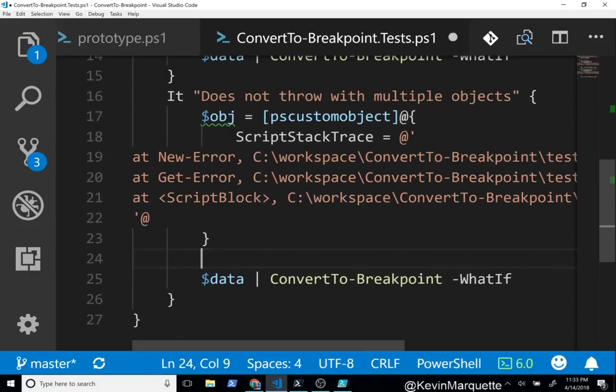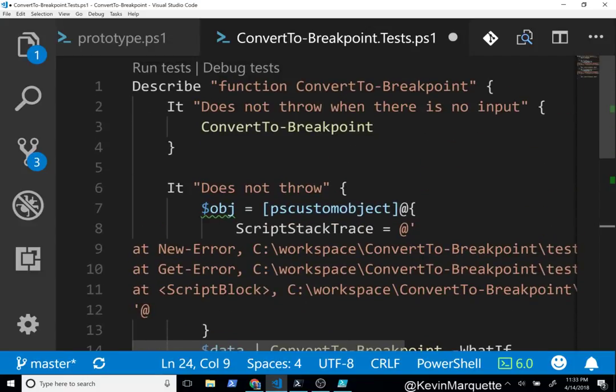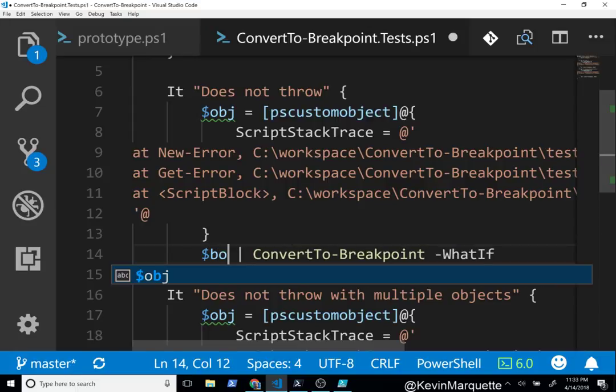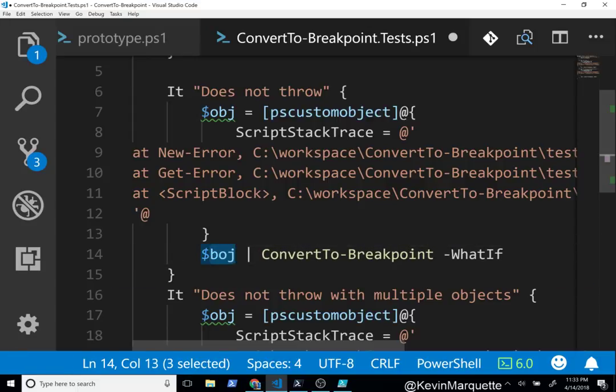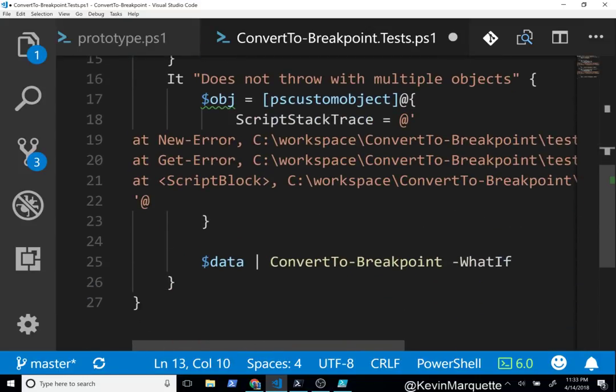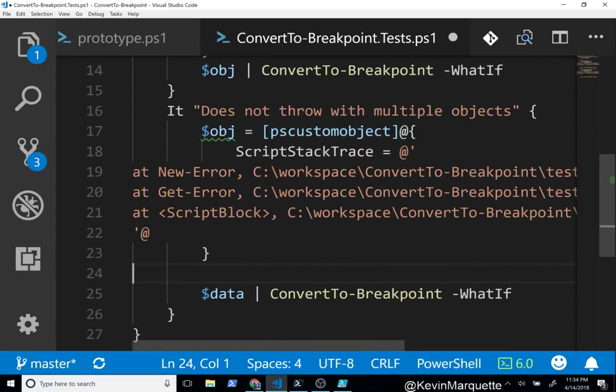Let's put, that was almost a big mistake, object. And then data, convert, breakpoint, what if, we will do